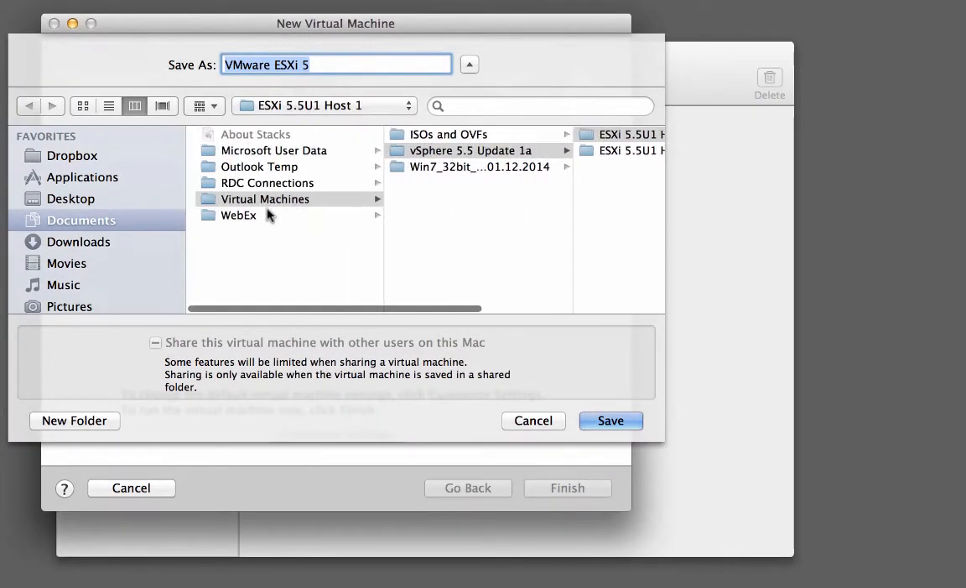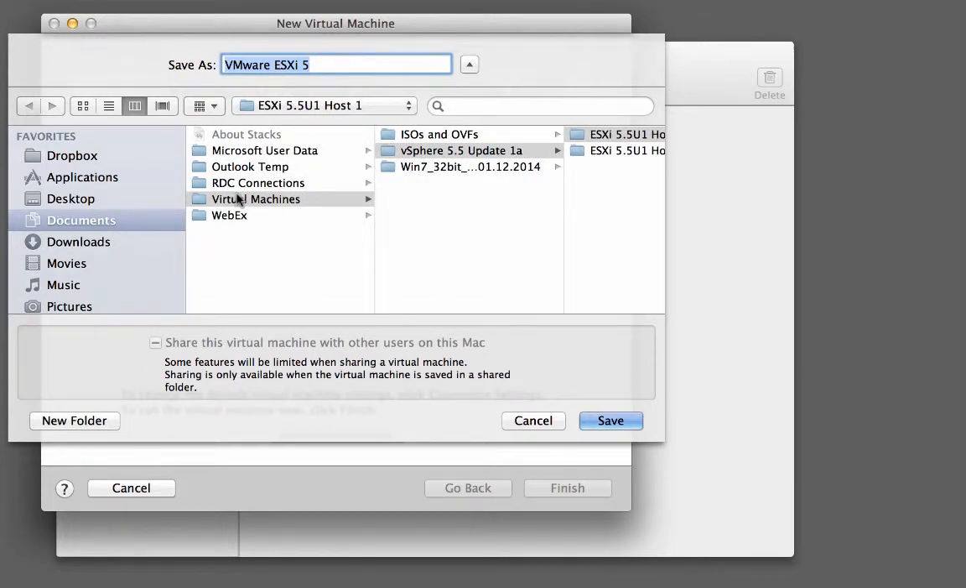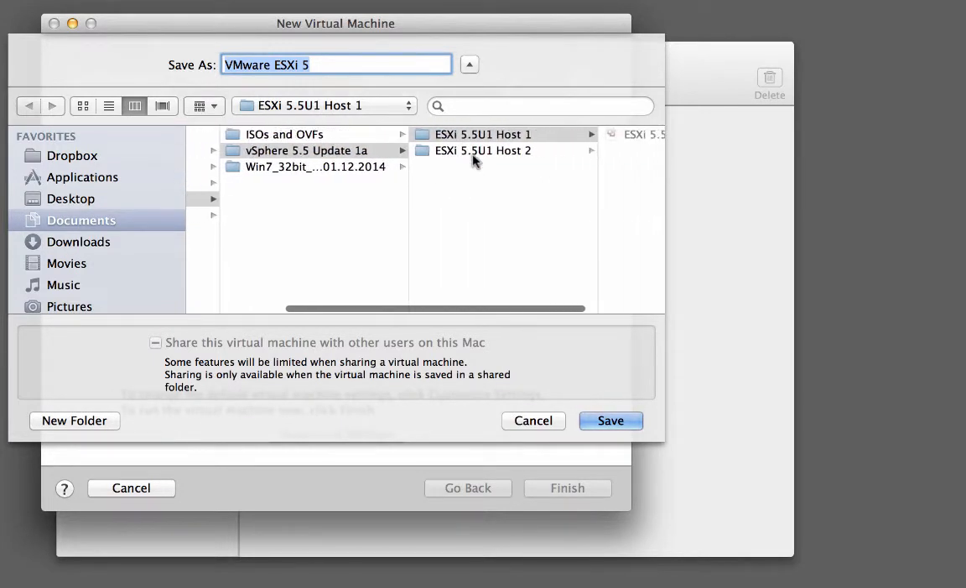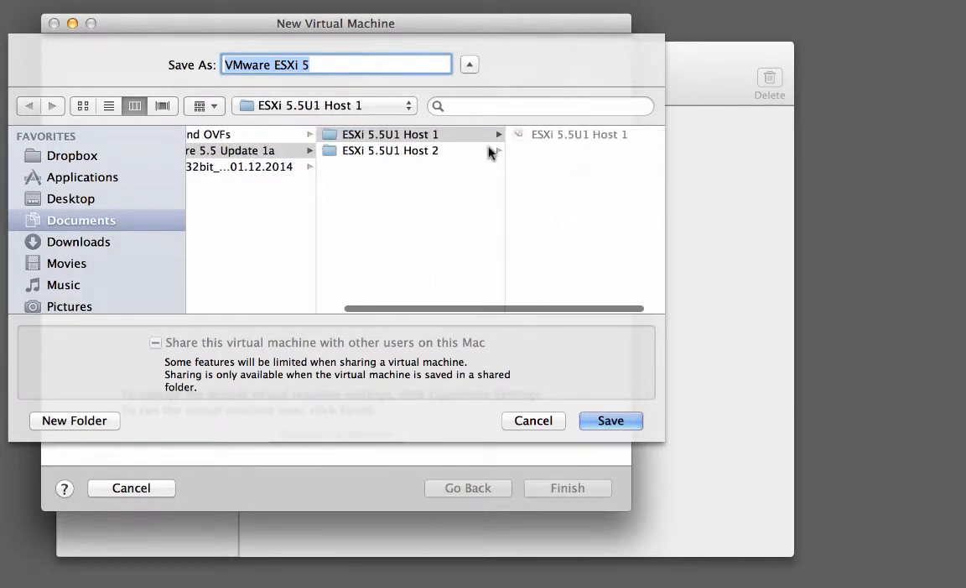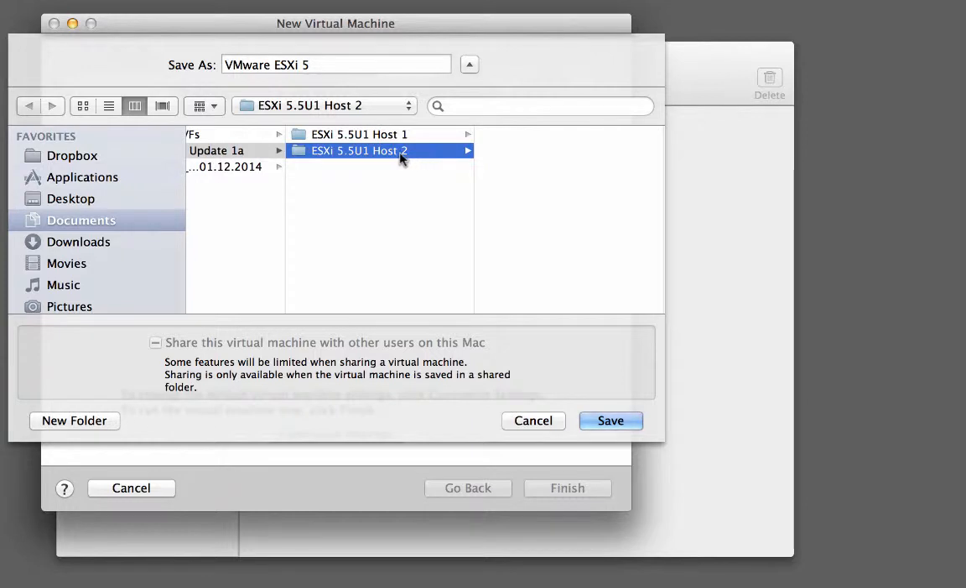And you'll recall that in my Documents folder, in the Virtual Machines folder, in the vSphere 5.5 Update 1A folder, we have a folder called ESXi 55U1 Host 1. That's the folder where our first host is installed. We're going to install the second host into this other folder. So we'll click there, and the name of the host is going to be